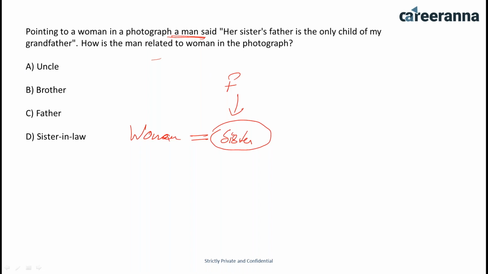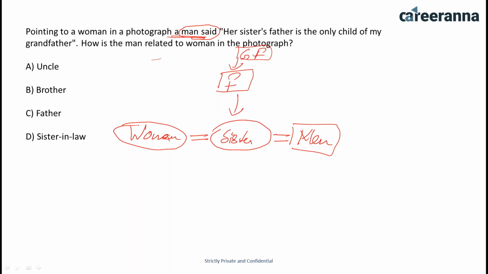Now the man is saying that person is his grandfather. That means the man is going to be the brother of this woman and this sister. So this is going to be the position of that man, and there is going to be a grandfather. The grandfather and the father are both male. For the next generation we use arrows, for a sister we use a circle, and for a male member we use a box. This is the woman, and you use a circle here.